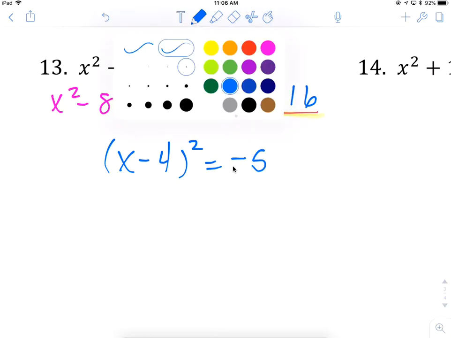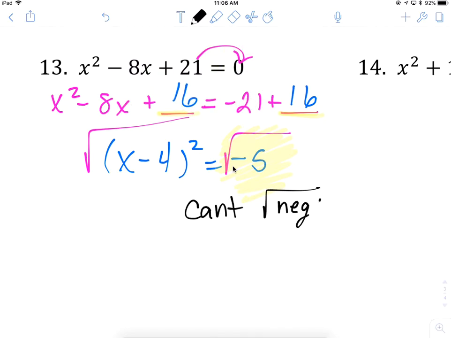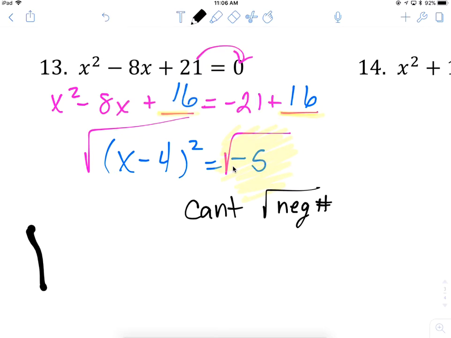And at this point, I'm starting to get excited. Because if you remember from the last 2 units, when I square root right here, what happens to this? Hopefully in your mind, you're remembering that you can't square root a negative number, which means that we get to use that big fancy answer,